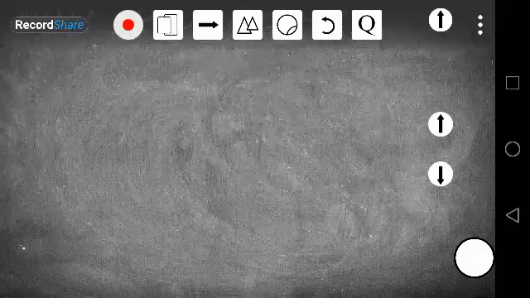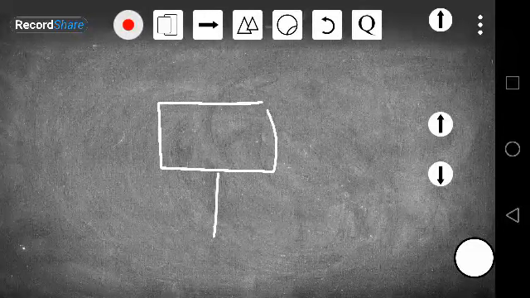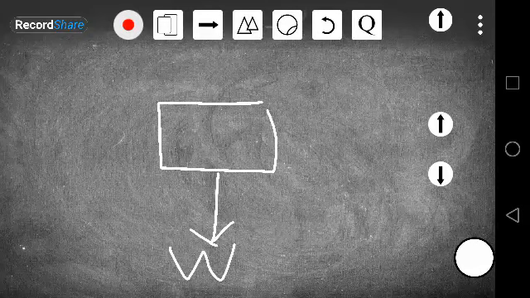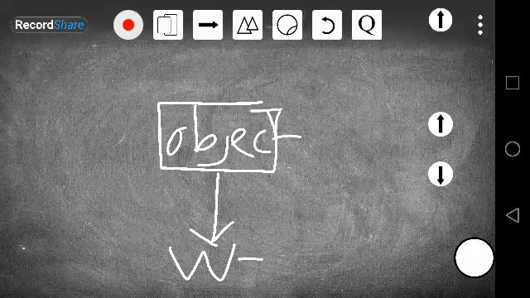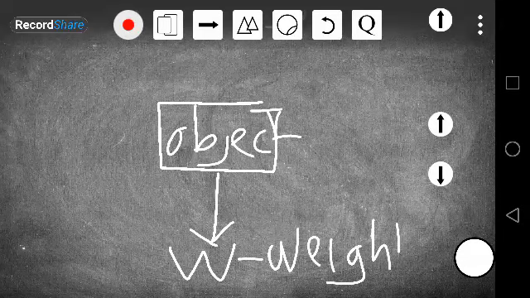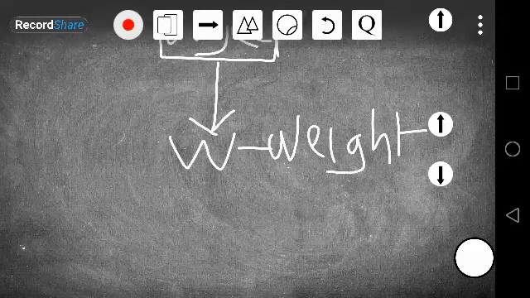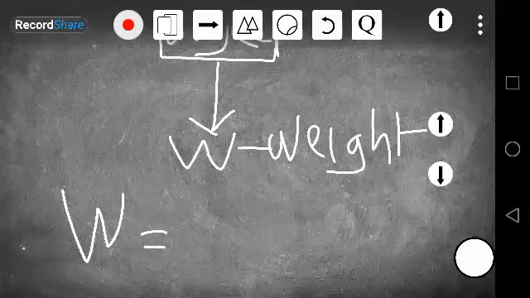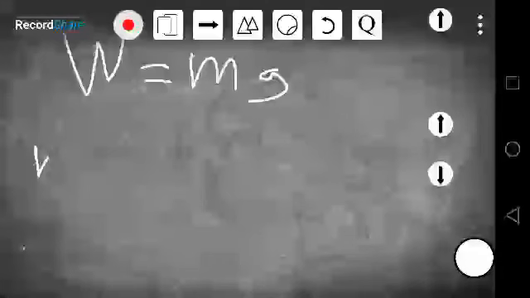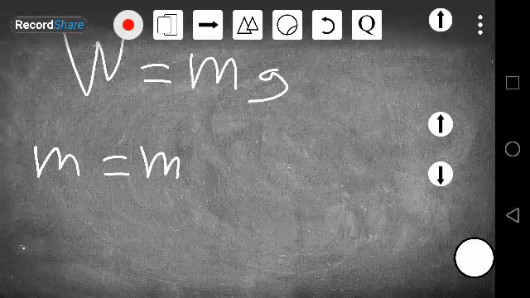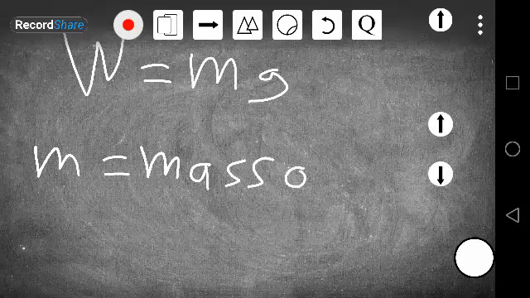So we are saying we have a body and we have a force that is pushing the object downwards. So this is our weight. And weight is given by the formula weight equals mg, where m is equal to the mass of the object